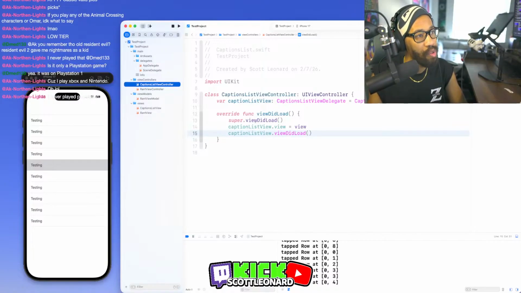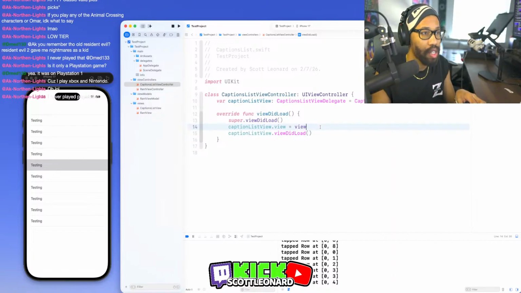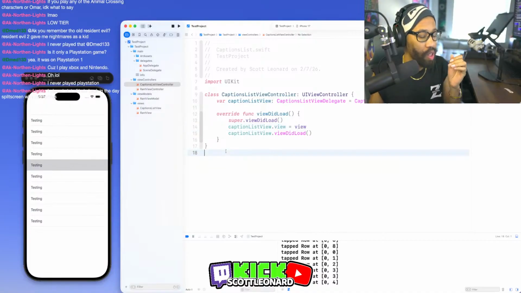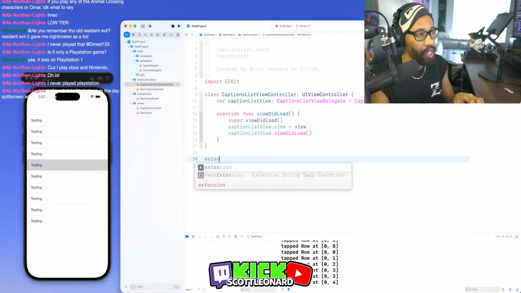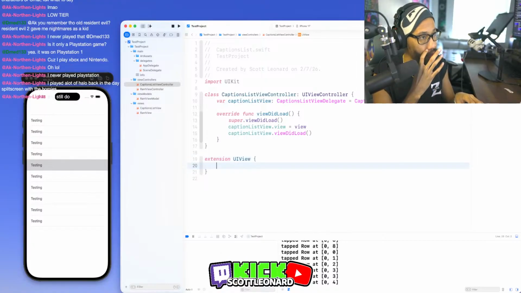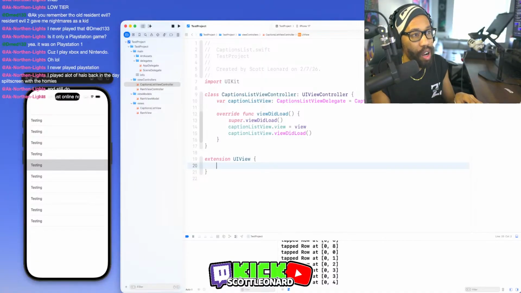We're passing our view over. There's a reference to the captionless view controller. The captionless view controller, this view doesn't have anything on it though, right? This is just a UIView. Now I could do something sneaky here and just do an extension of UIView. This is something that they do in a lot of random companies. Extension UIView, and then add a handler,